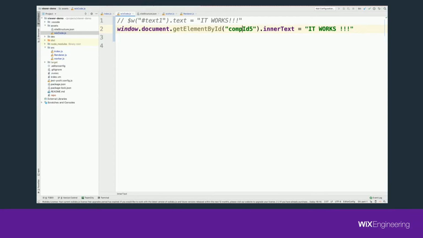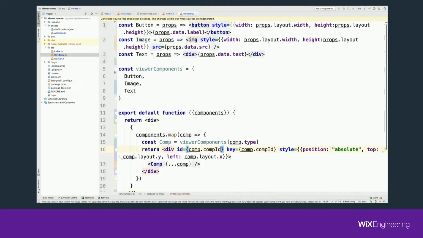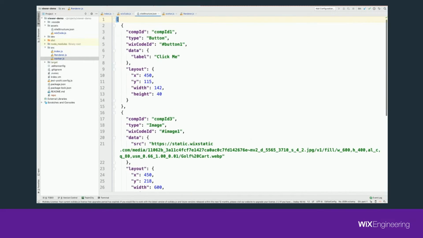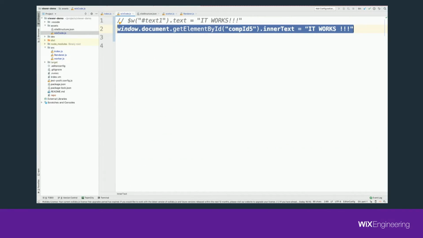If we, for example, decide to change the place of this ID to, say, maybe a wrapper DOM, or change the string, this will break user code. So we don't want this coupling between the user's code and our internal implementation. And it gets even worse if users use classes that we use in our DOM. So we don't want users to use the window API